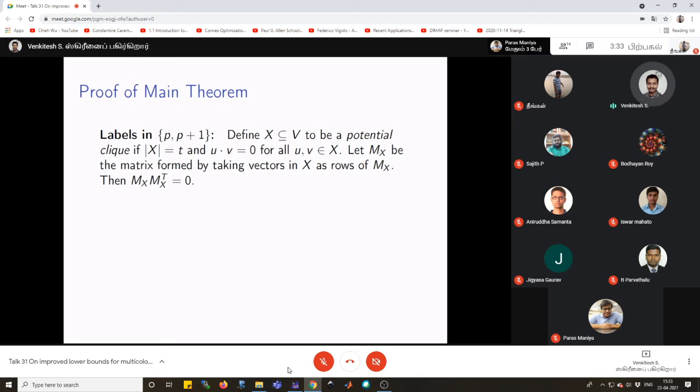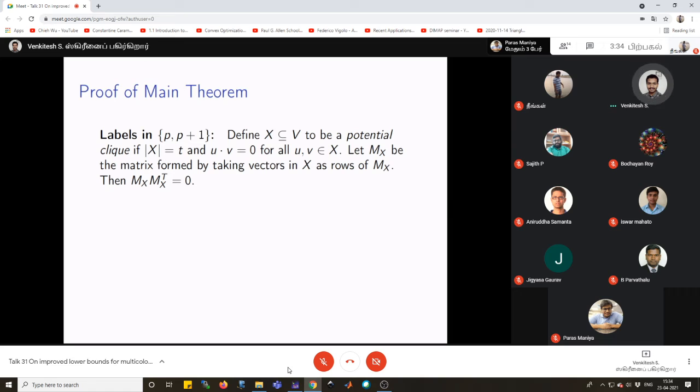Right? So you can think of this as a larger class of subsets of vertices, where we are not yet insisting that it should be a monochromatic clique, but we are covering all cases which could potentially be monochromatic cliques. Okay, this is a larger class. And now we are going to say that this larger class itself is small. Once we say that, then definitely the chance of finding a monochromatic clique becomes very, very small. And therefore there will exist at least one coloring which avoids monochromatic cliques. That is a strategy.